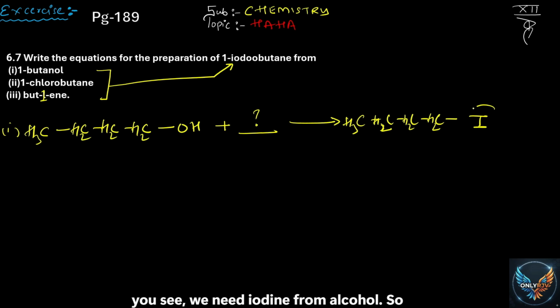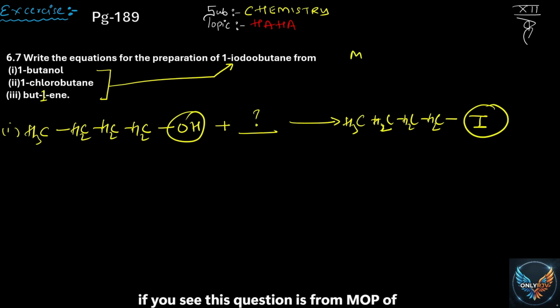Now, if you see, we need iodine from alcohol. This question is from the methods of preparation of haloalkane, where the first method was from alcohol. We have used many reagents to prepare haloalkanes from alcohol. The first one was Lucas reagent. Now remember, here we are using iodine, so the hydrogen halide you will use here is HI,